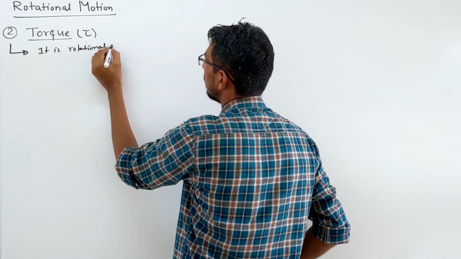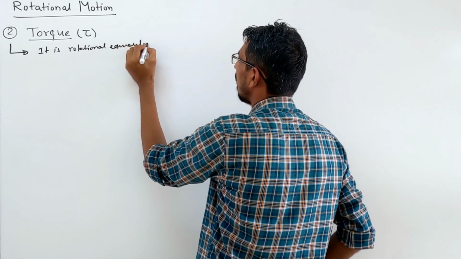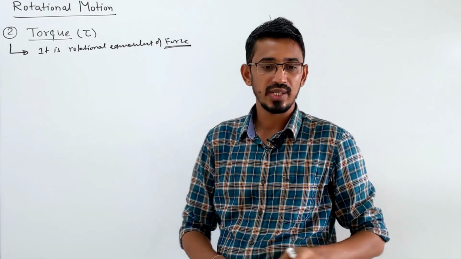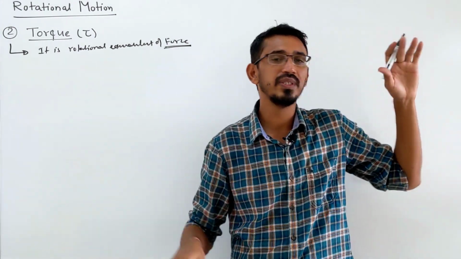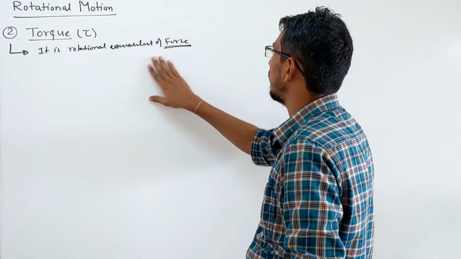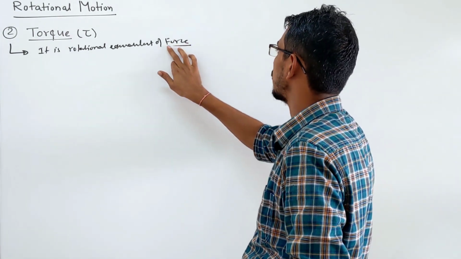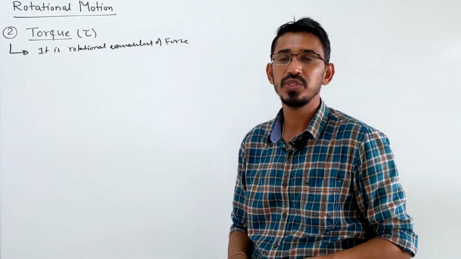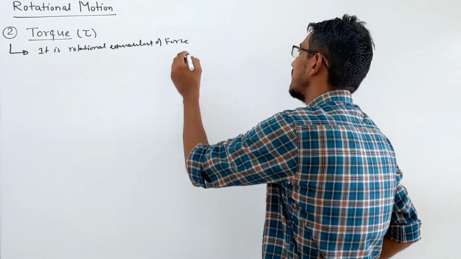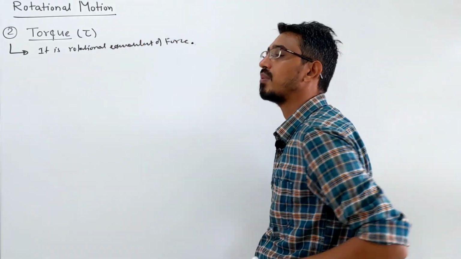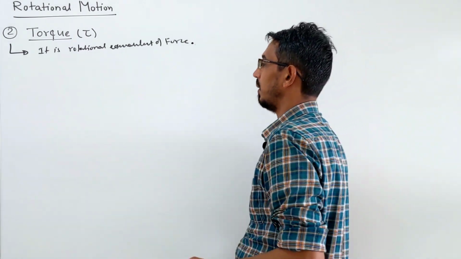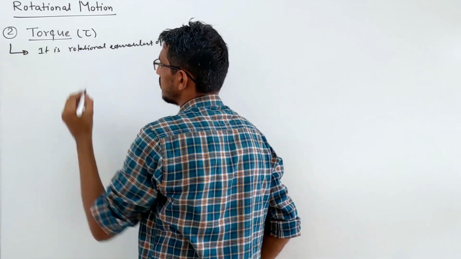So people say it is the rotational equivalent of force. I will write a summary later where I will compare linear and rotational; everything will be the same, only the symbols are different, that's all. So it's a rotational equivalent of force. Whatever role force plays in the linear chapter or translatory motion, the same role is played by torque here. We are interested in knowing what torque is, what the formula of torque is, how we use it, and how questions are asked in exams based on torque. Let's first write in mathematics what torque is.